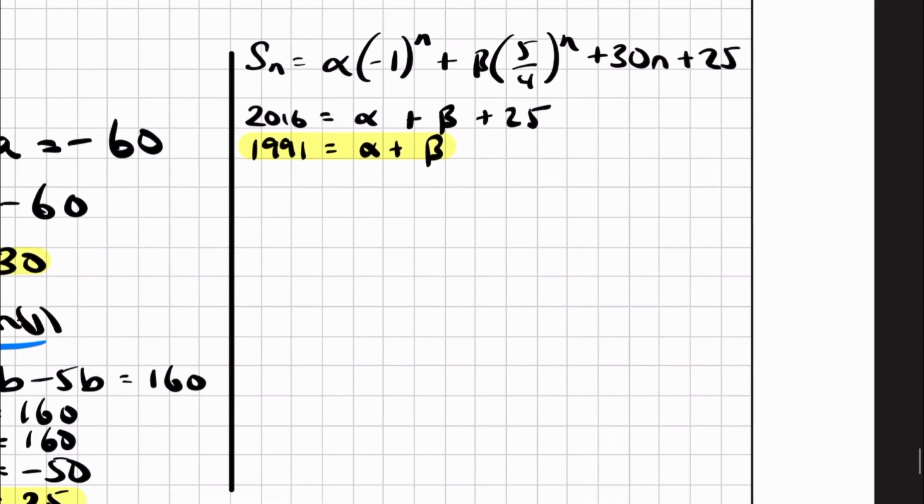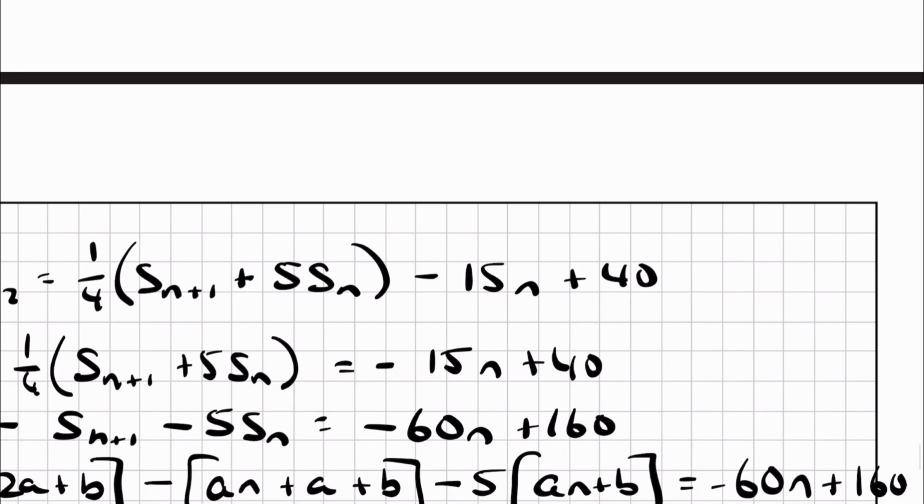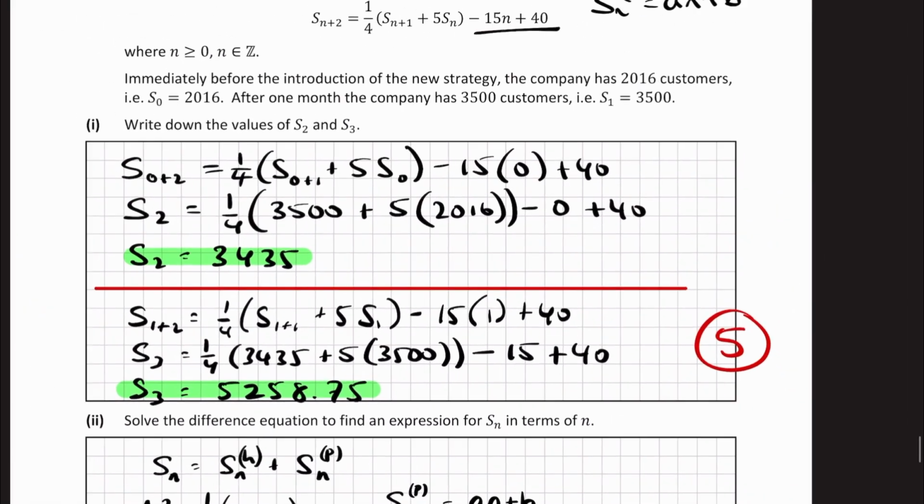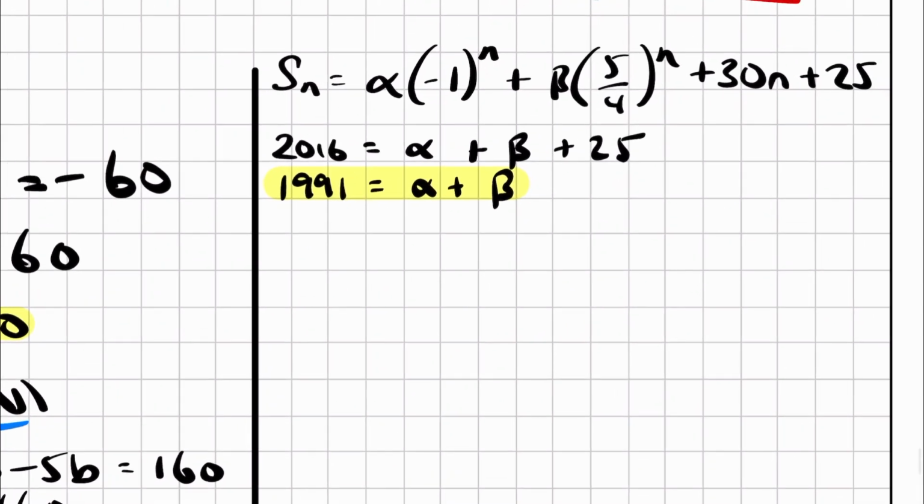Now rinse and repeat with S1. So I'm going to plug S1 in, so go back up to the question, and it was 3,500. So plug 3,500 in for S1. This is now minus 1 to the power of 1, which is minus 1, so this becomes minus alpha. And this becomes 5 over 4 to the power of 1, so that becomes plus 5 over 4 beta, plus